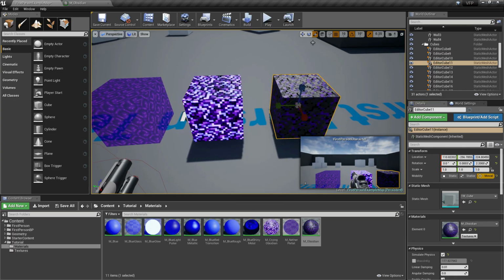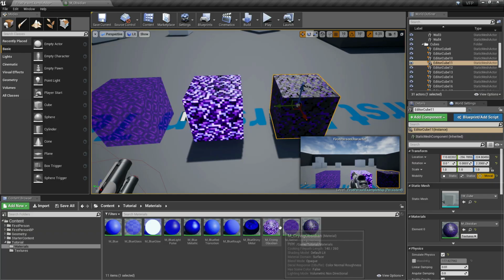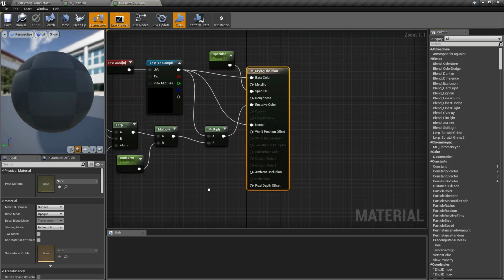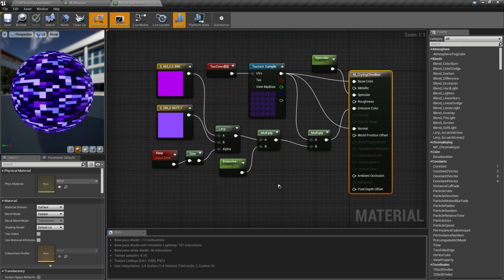So now that we applied the world aligned texture on our obsidian, let's apply the world aligned texture on the crying obsidian. So let's open this crying obsidian. These are the nodes that we created in the UE4 basic materials part 4, the previous video.